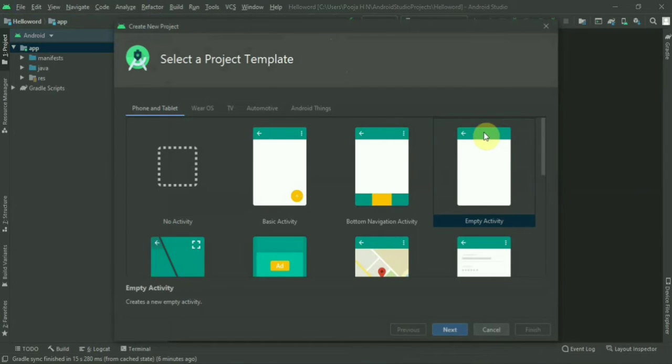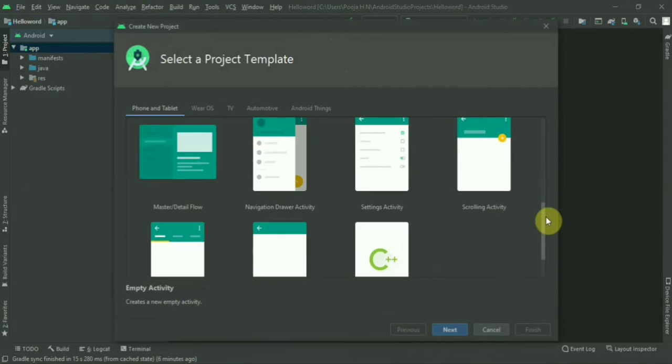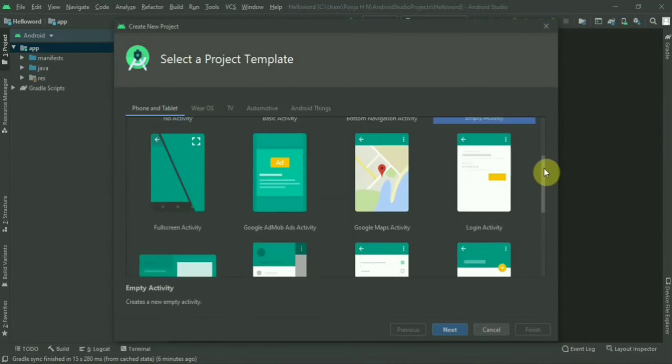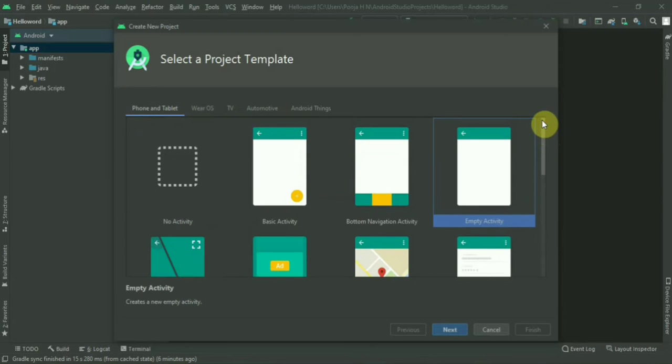See, there are many activities in this window. I'm going with the default or the empty activity for this project.